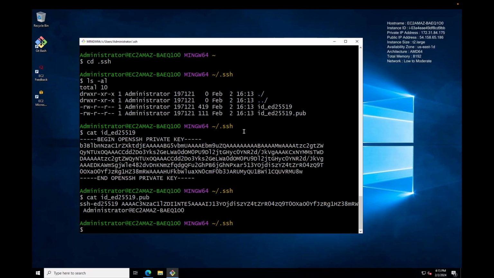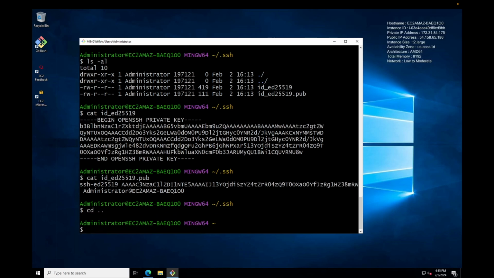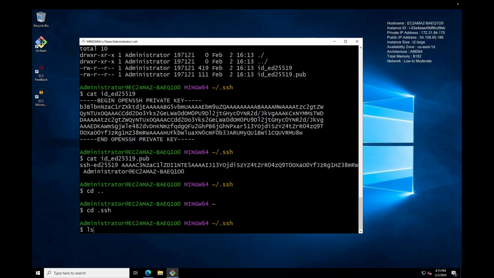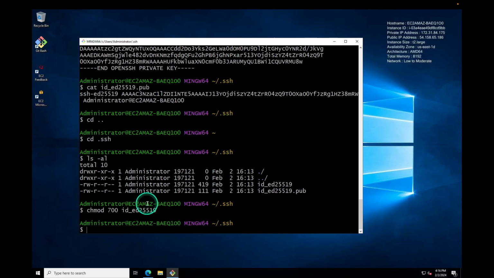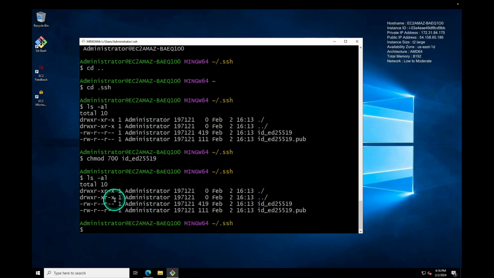So now we can stay in Windows. And from here, I'm in my SSH directory, so I want to get out of that. Actually, no, I want to go back into it. There's one other thing we have to do. The permissions for this private key are actually too open. And this is a weird little quirk of git-bash. Normally in a Linux environment, I'd be able to say chmod 700 to the private key, and I would get something changed here. But notice it didn't change at all between sessions,